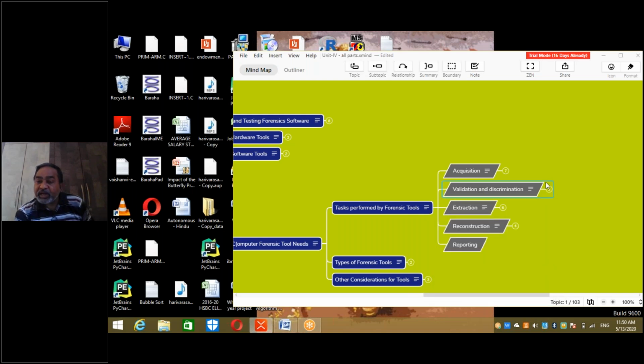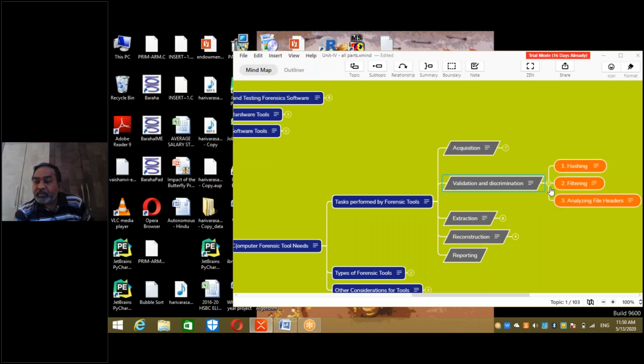Now we'll see what the sub-activities here are. There are three activities. How do you validate? First thing, hash. I'm not elaborating on this hashing process because you already know it; I'm giving an overview. You have to use the most popular tools. Hashing is done on a block, right?